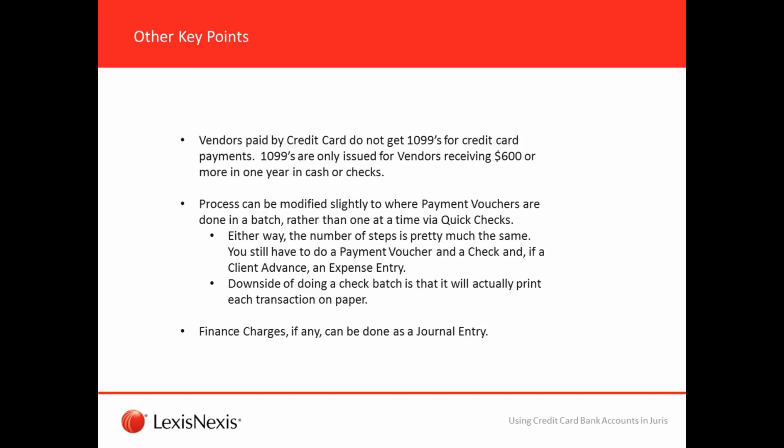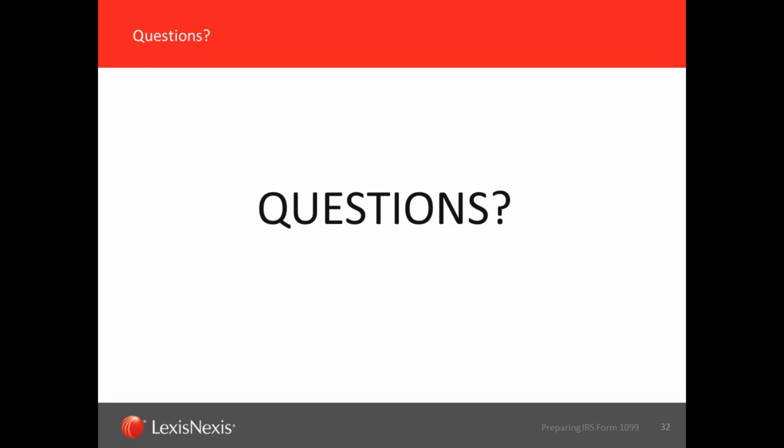And if you happen to have any finance charges because you didn't pay the bill on time, or cash flow was tight so you didn't pay the full bill, you can enter those as a journal entry. And of course, you're not going to have any timekeeper initials in front of those. So you just have to do that and mark it as cleared. Well, that wraps up